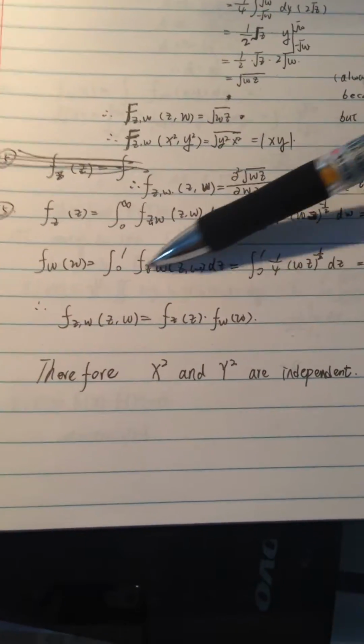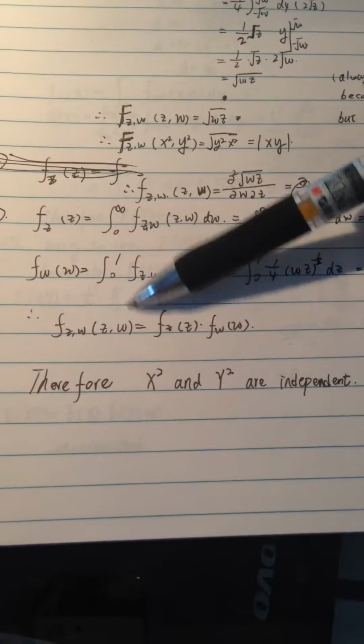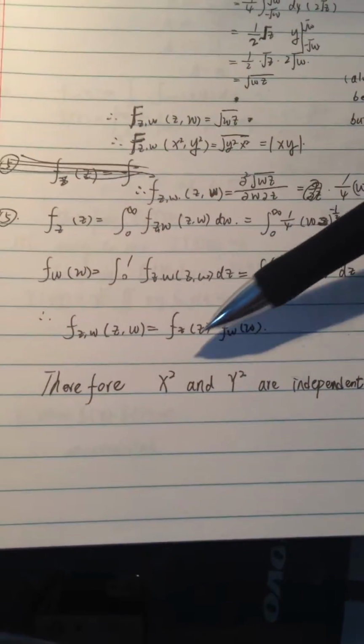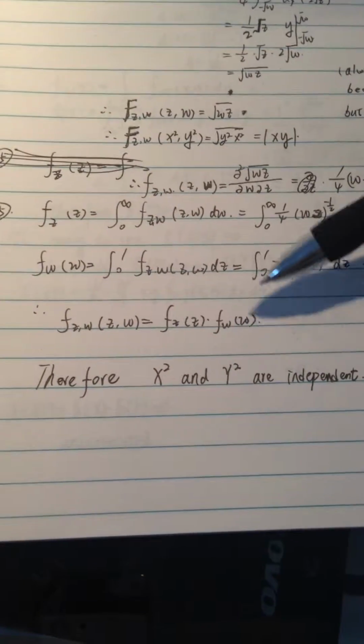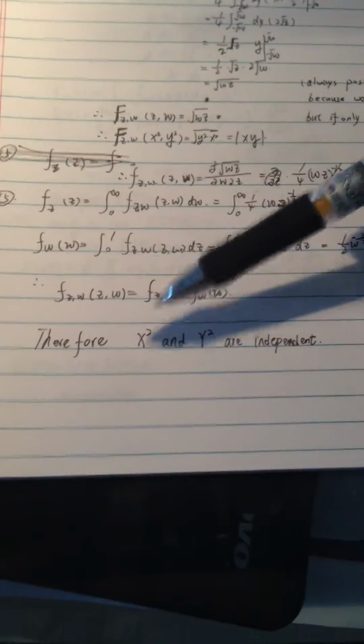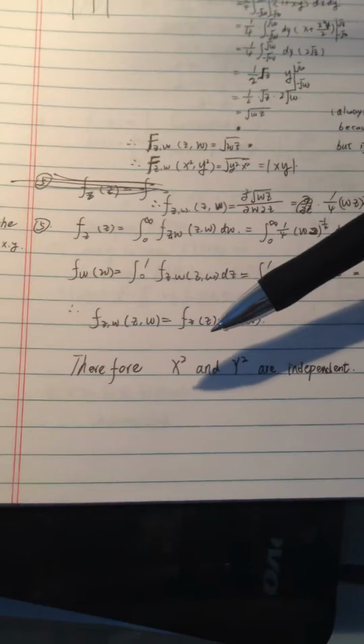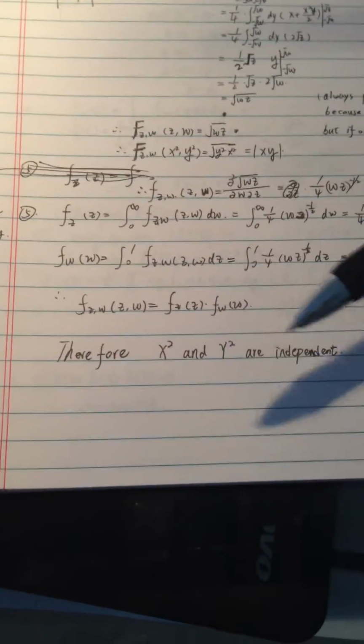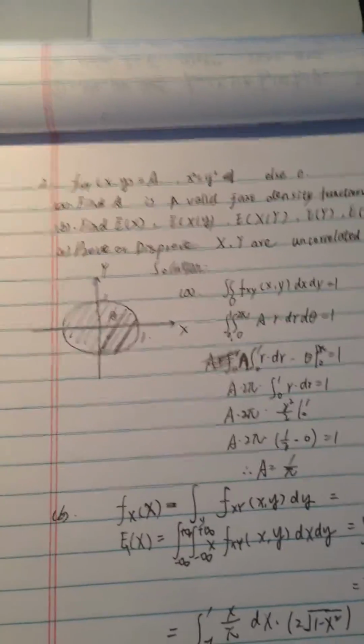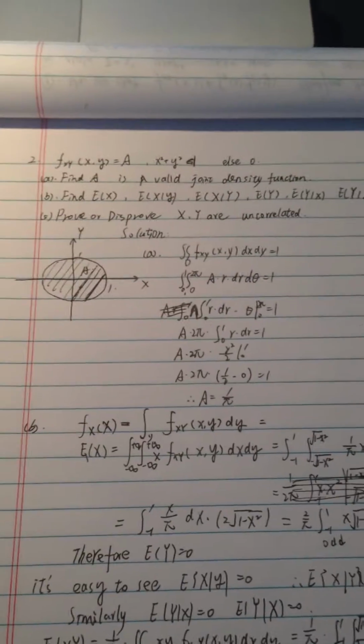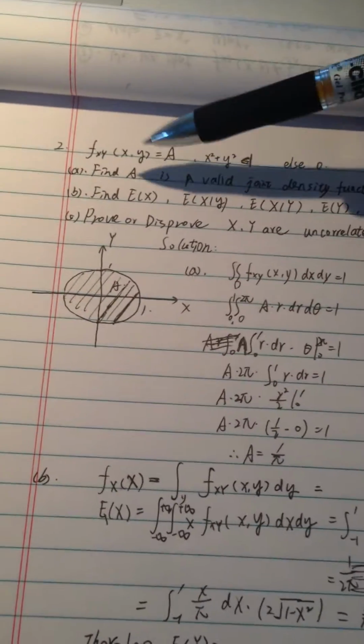So we can figure out that these two functions are equal. These equations are valid. So in this question, x squared and y squared are independent. Okay, and this is the first problem. For the second problem, it is a similar condition, where we have a joint